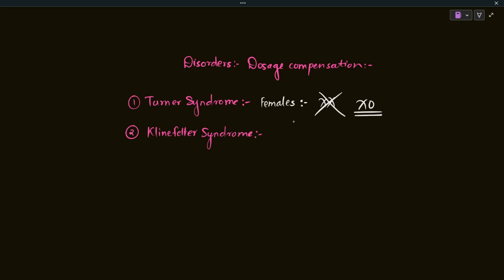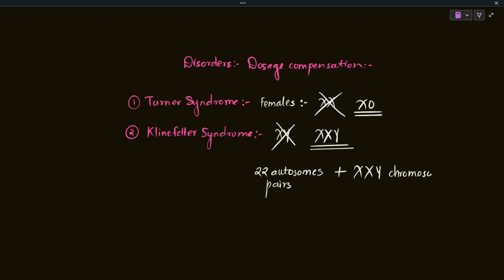Here, instead of XY chromosomes in males, there are two X chromosomes in males. So the genotype would be the 22 pairs of autosomes, okay, and XXY chromosomes. This would be the genotype of the males. There was once, in 1965 in the Olympics, the bar body was used to identify